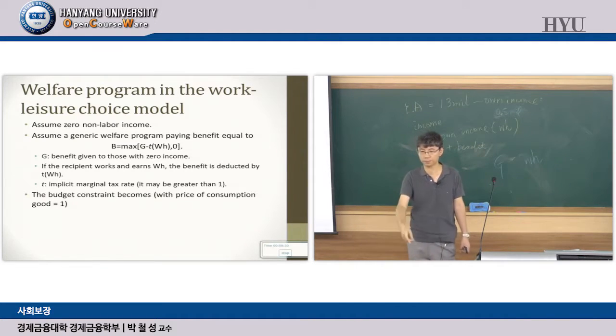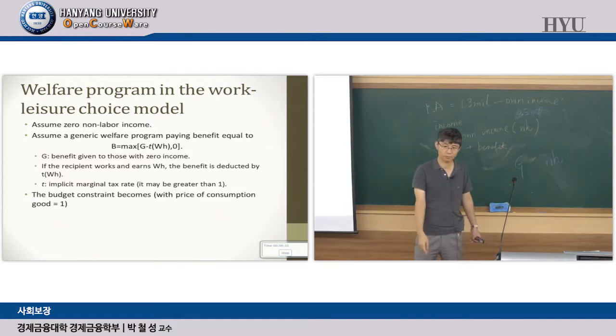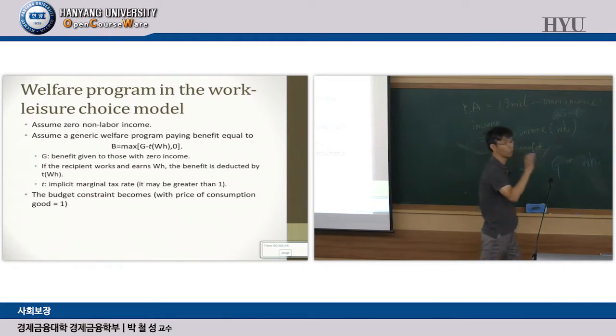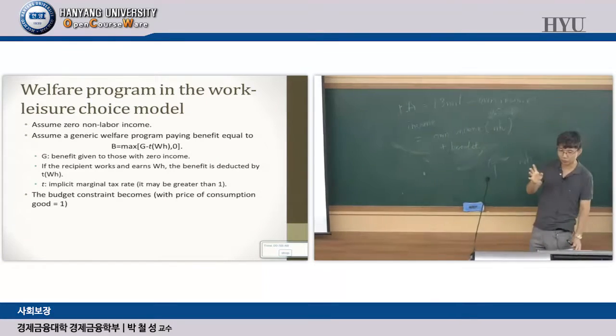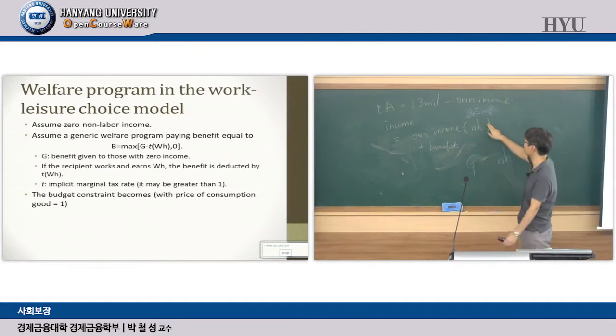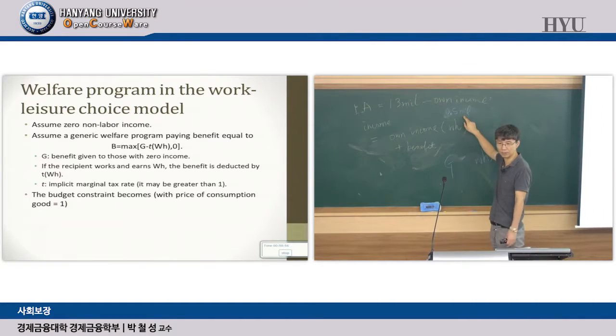So the difference between the implicit tax and the amount of G is negative tax? I mean, you said 1.3 million is G. Yeah, this is G. Own income is implicit tax. No. Implicit tax rate is 100%. That's what I mean. So in this case, implicit tax is 0.5 million.